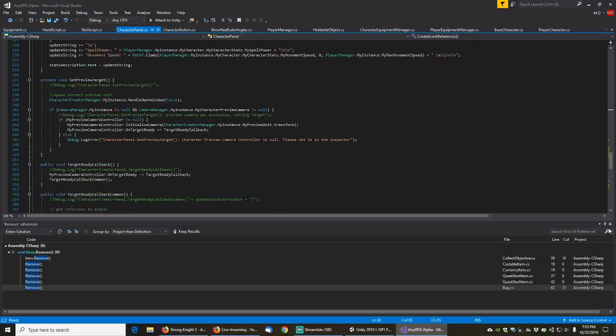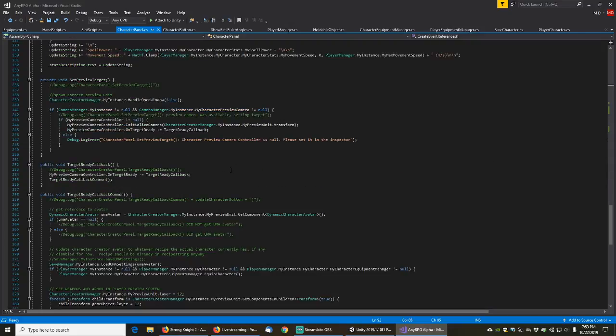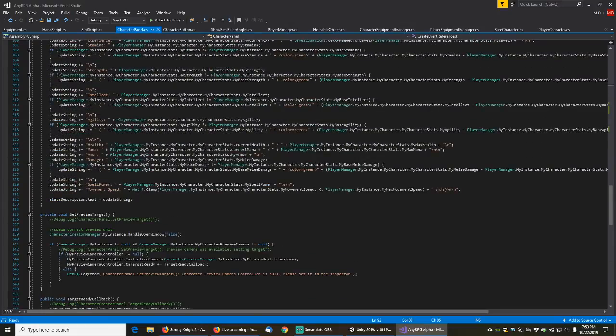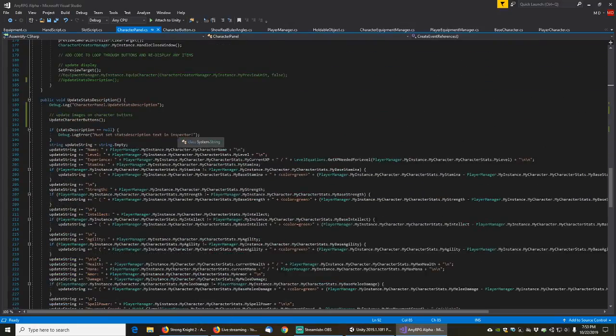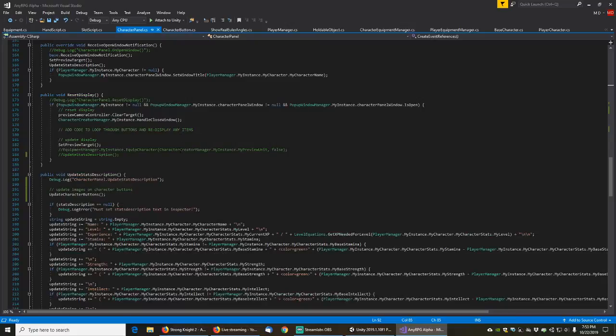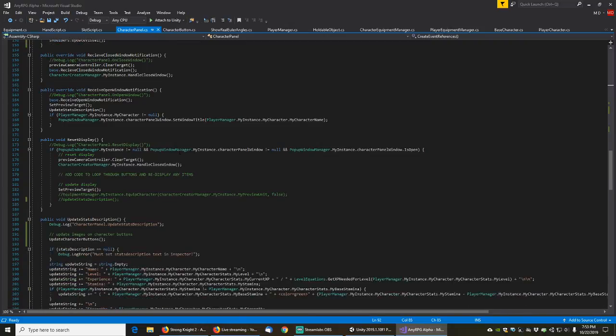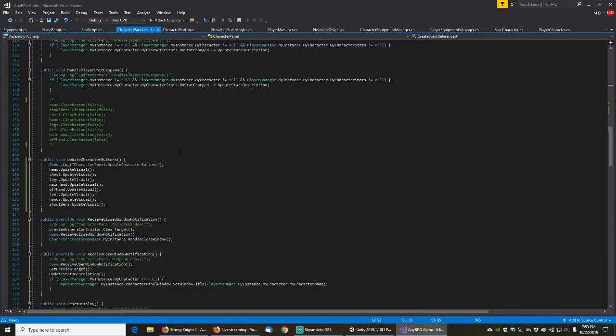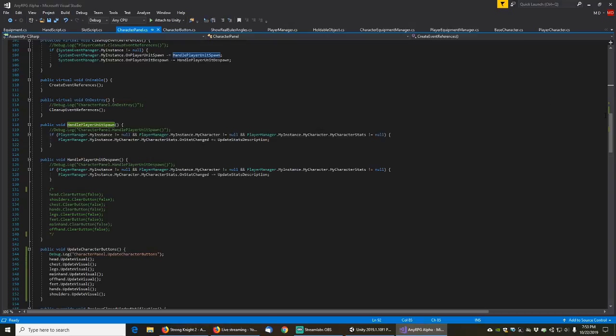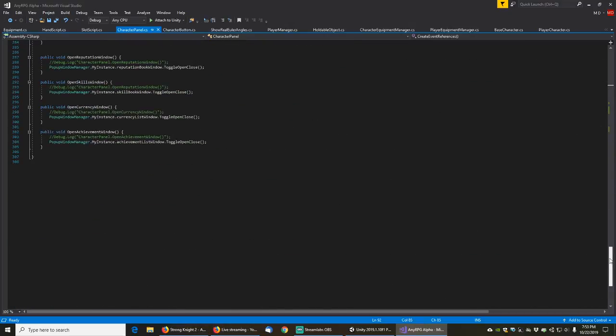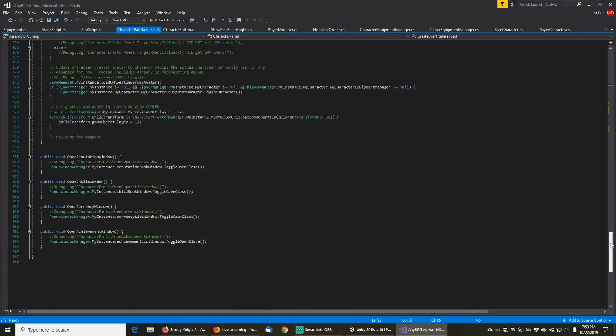So this is very, very likely due to an attempt to equip our player manager's character rather than the preview unit's character. So let's see if we can figure out where that's happening. It's very likely